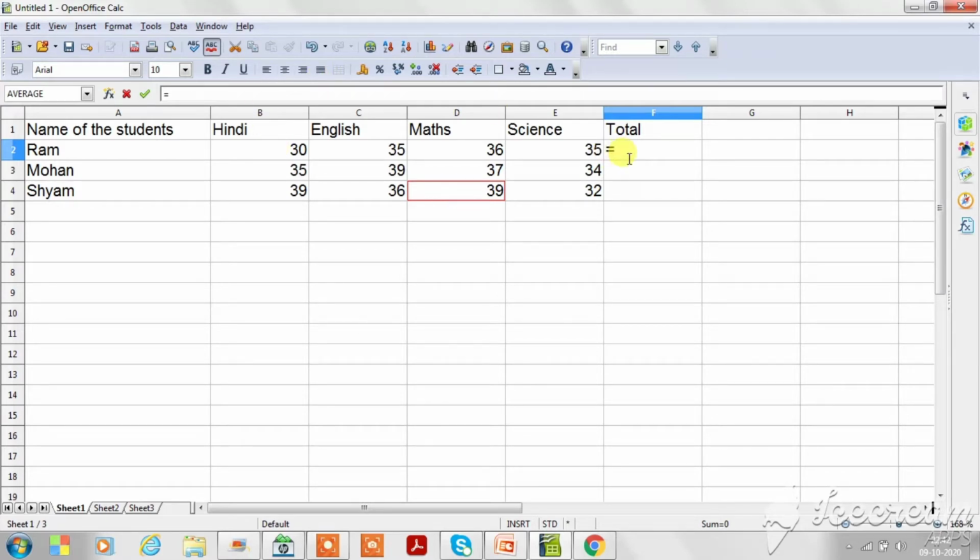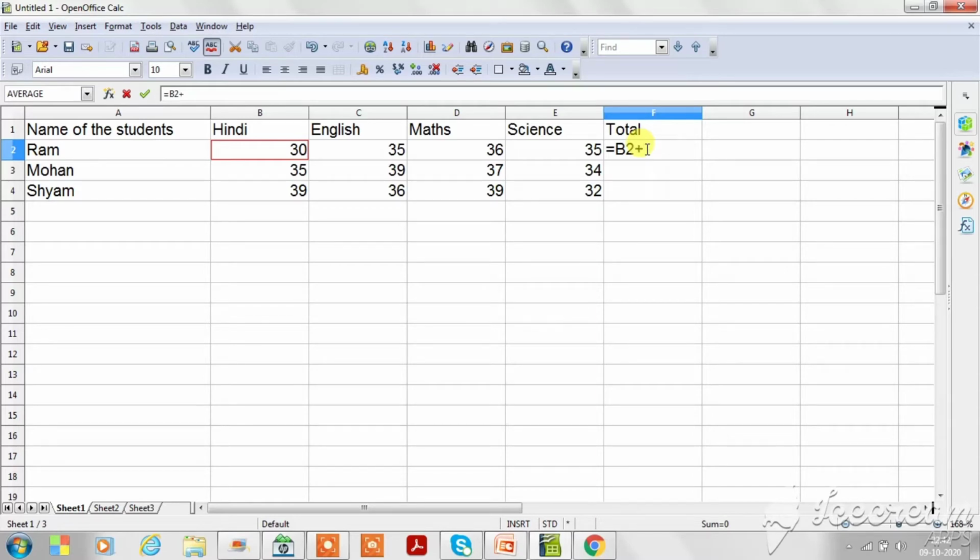I can write here B2, or you can just simply select this cell by clicking on that cell. You can do it by any method. So I am selecting, and automatically the cell reference of that cell appears.